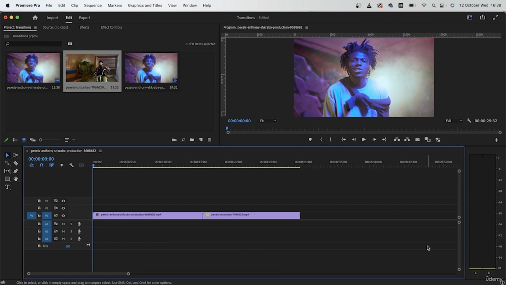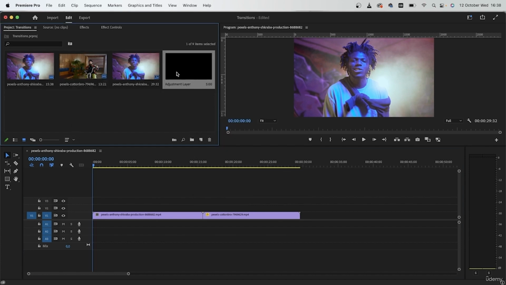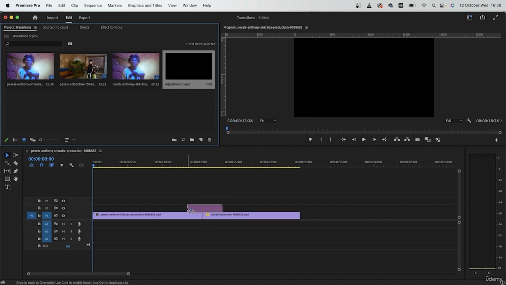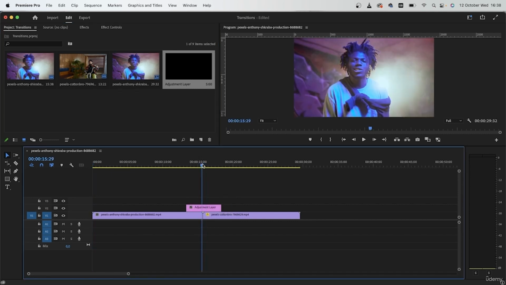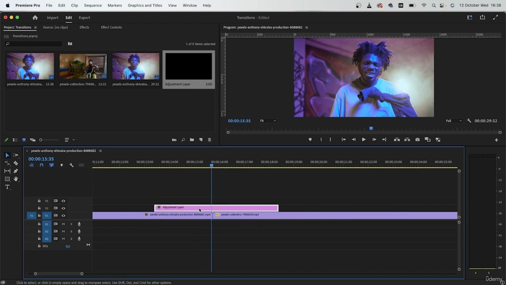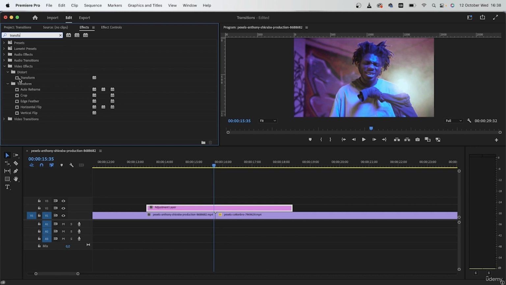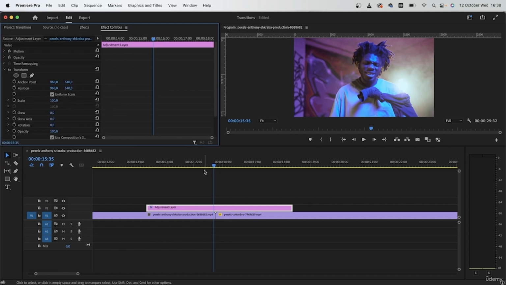Begin by making a new adjustment layer and placing it right in between the transition. So it should be right above, and the center of the cut should be the center of the adjustment layer. Go to your effects panel and look for the transform effect. Add this on your adjustment layer, and we're just going to go to effect controls and make some simple scale